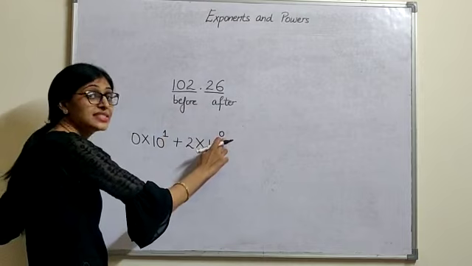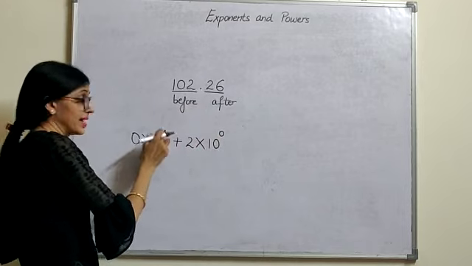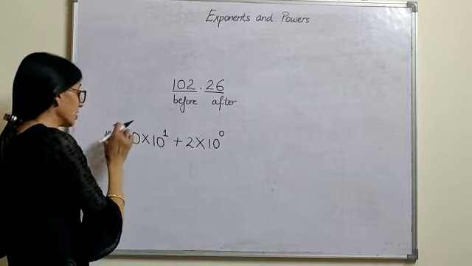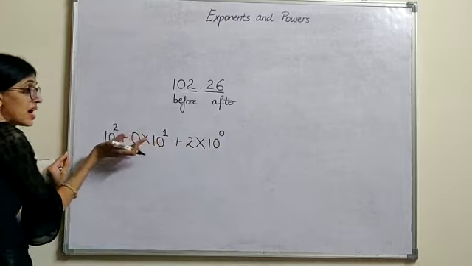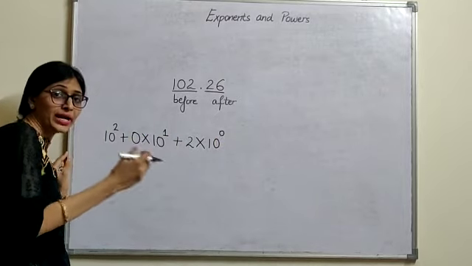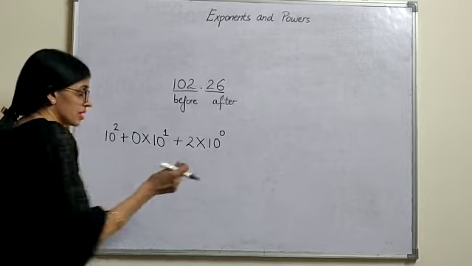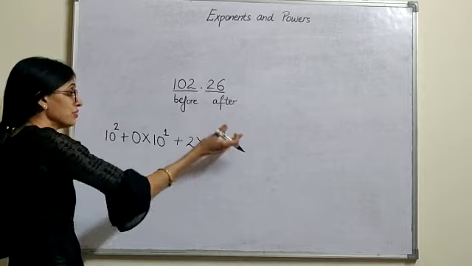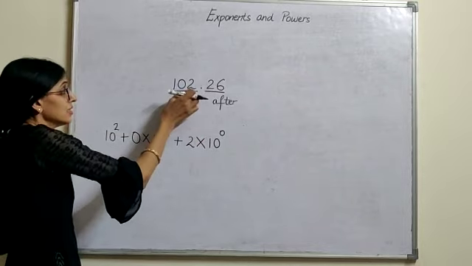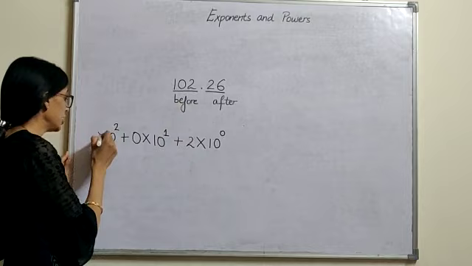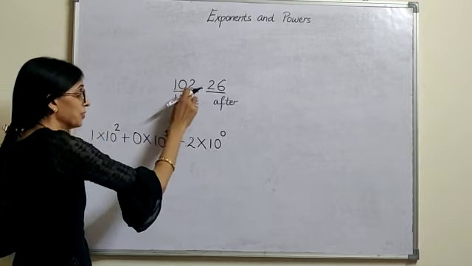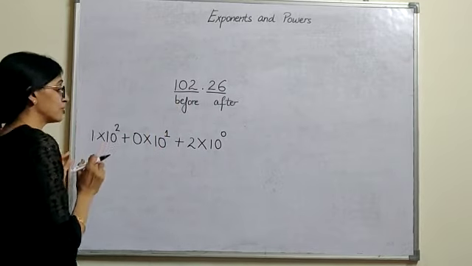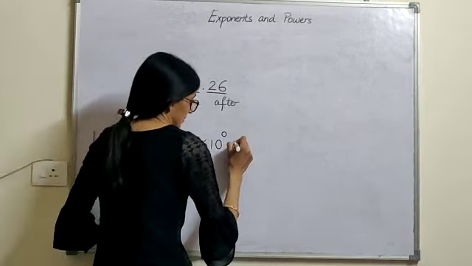First the power is 0. Next the power is 1. Next the power will be 2. 0, 1, 2. You have to increase the power of 10 by 1 by adding 1 in the power. First it is 0, then 0 plus 1, 1, 1 plus 1, 2. So add 1 in the power and take different numbers into 1. Okay, 2 into 10 raised to power 0 plus 0 into 10 raised to power 1 plus 1 into 10 raised to power 2 plus.